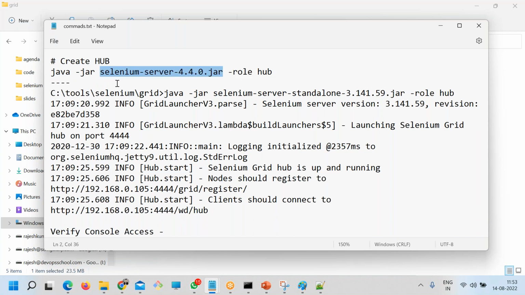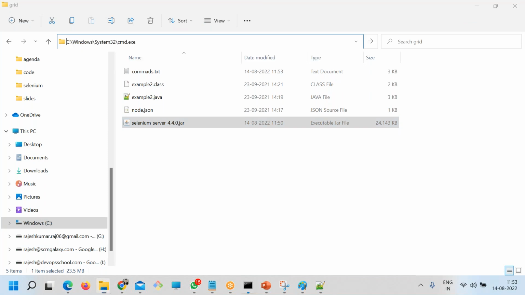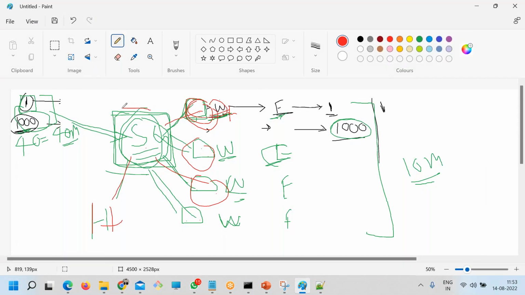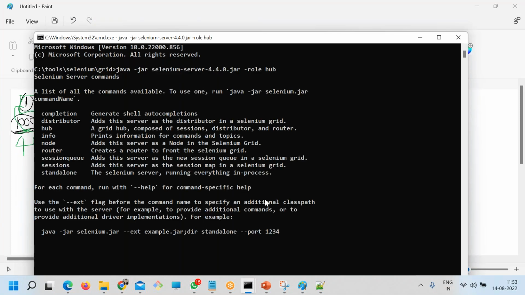So this is the same location. So let's run this here, command line, and enter. So here I'm creating a hub. Okay, theoretically, if you want to know, this is the machine on which I'm creating the hub. You see here,